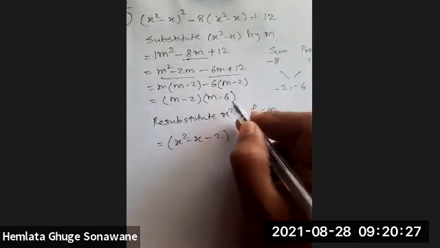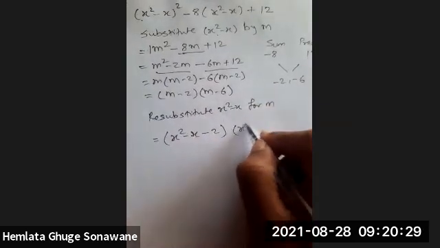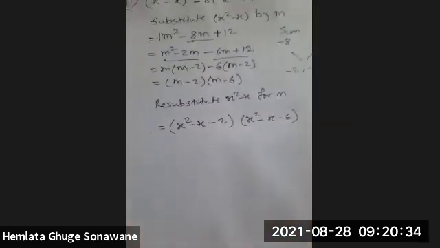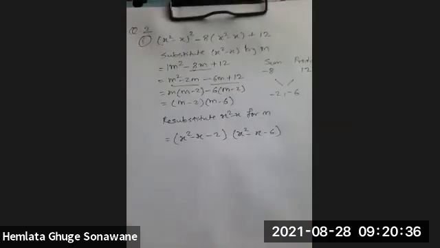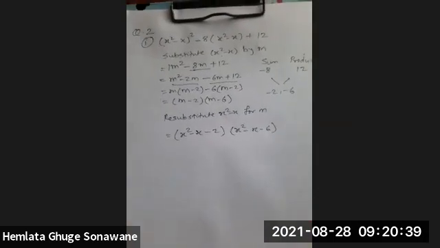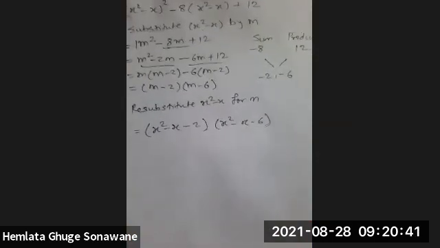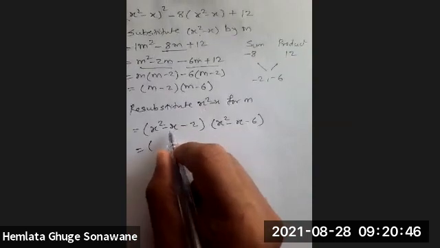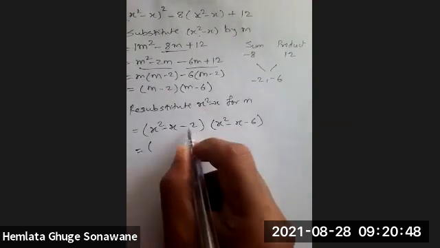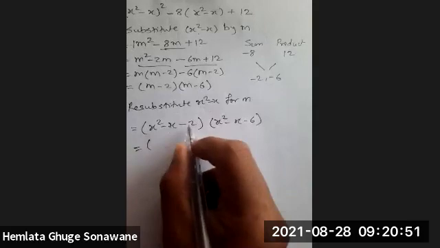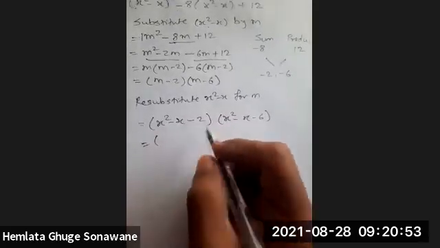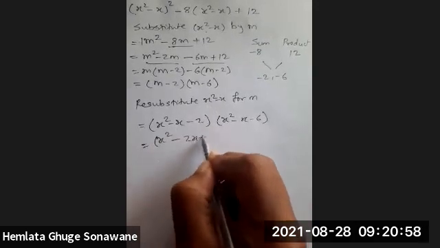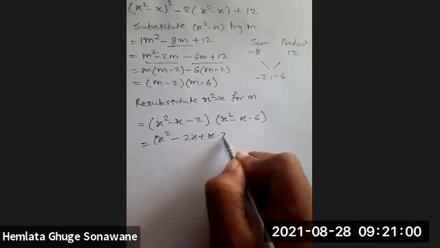And here m minus 6 becomes x square minus x minus 6. Now here again we can factorize this bracket. The first one, we have to find the sum as minus 1 and product as minus 2. So we'll take here x square minus 2x plus x, that is x minus 2,